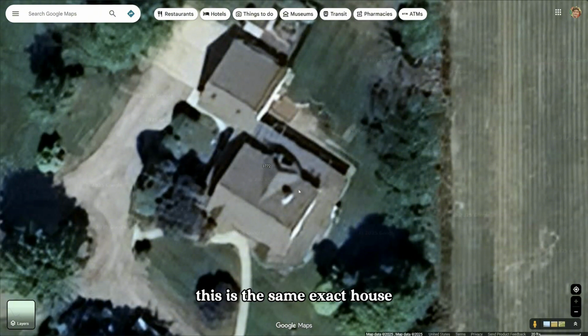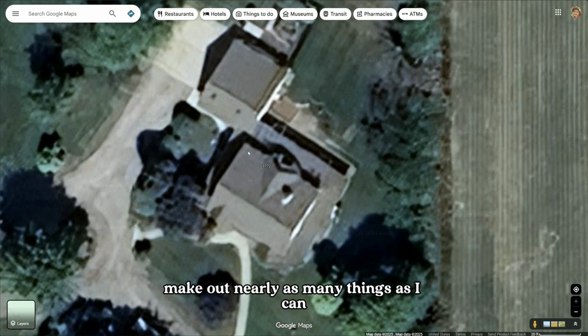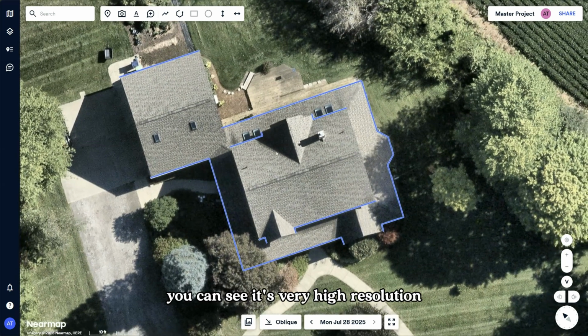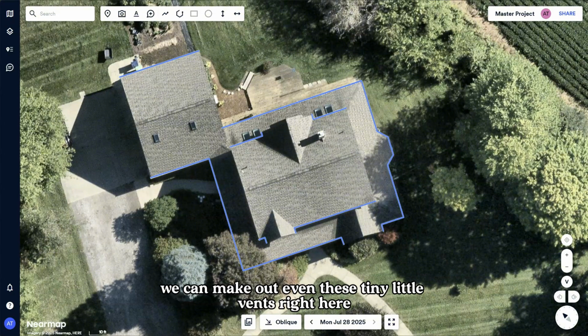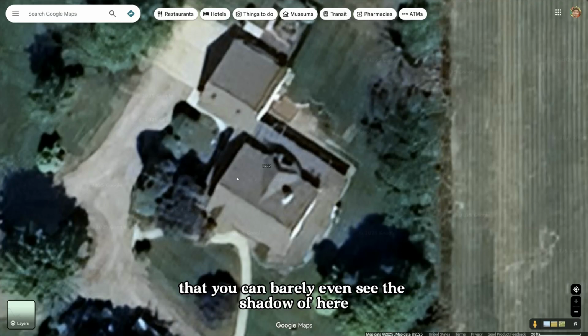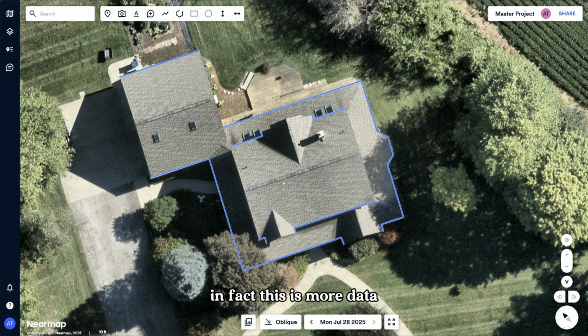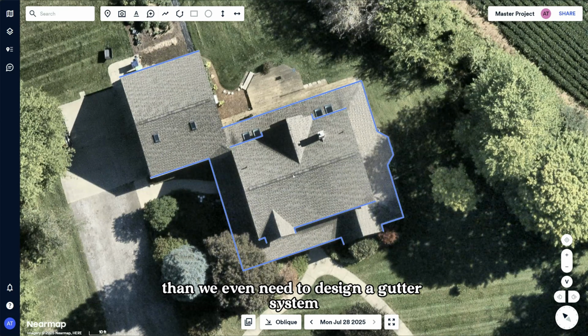This is the same exact house, and you can immediately see that it's really grainy and fuzzy. I can't make out nearly as many things as I can in ours. And you'd be right. There's a big key difference for that. If we just go back and forth a couple more times, you can see it's very high resolution. We can make out even these tiny little vents right here that you can barely even see the shadow of here in Google Maps. In fact, this is more data, more resolution than we even need to design a gutter